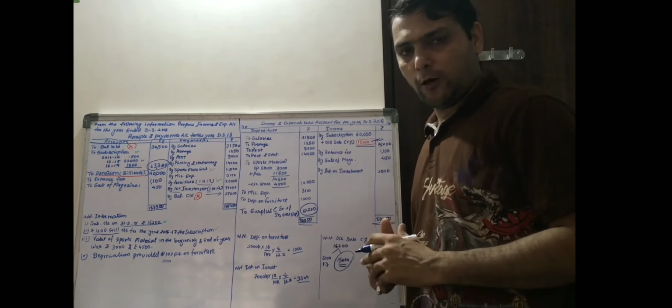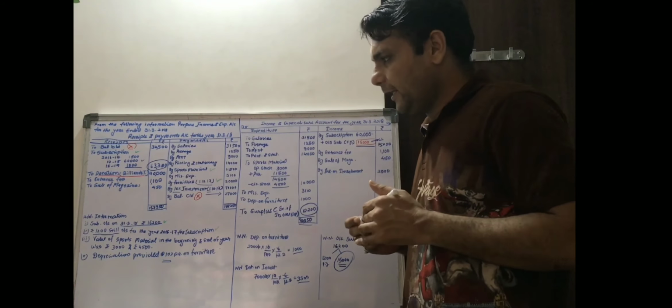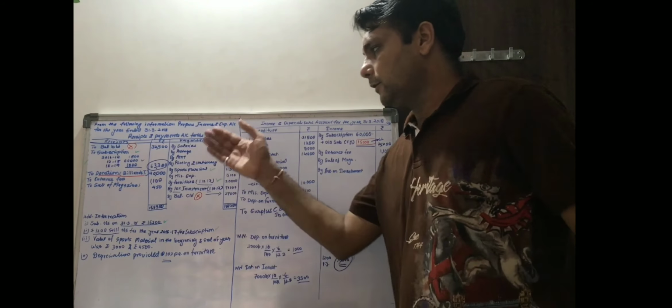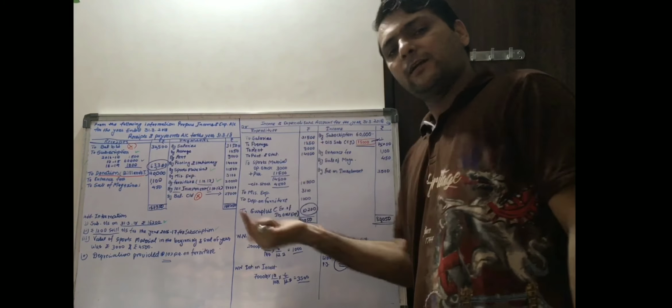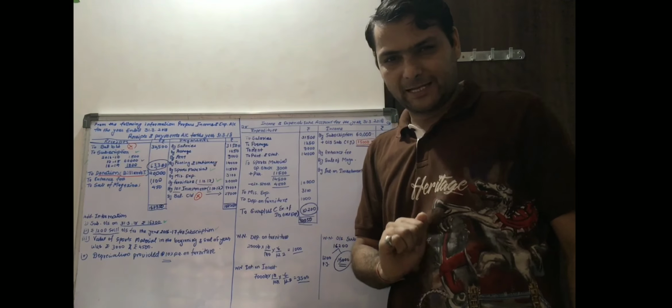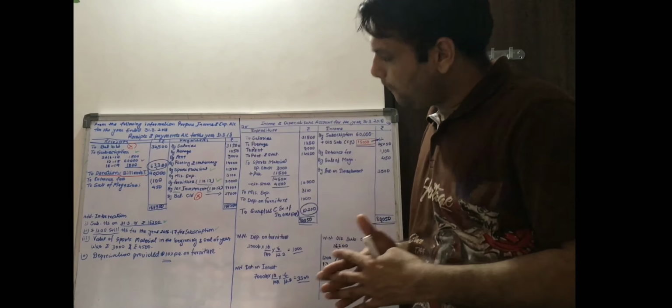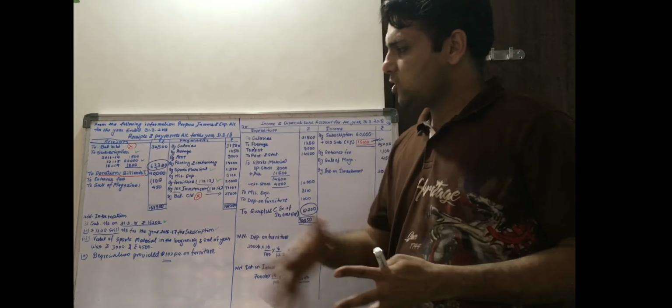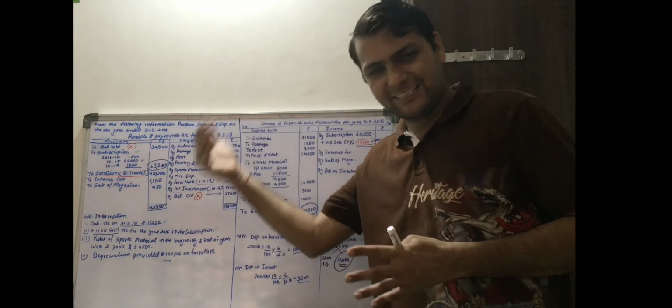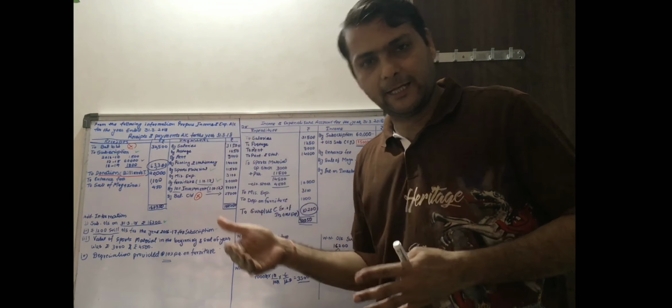So now it's very simple. Only with this additionally you have to know what things to record. The balance which is not recorded here, where do we transfer it? Balance sheet, exactly. Which balance sheet? Closing balance sheet. Okay. So that is a simple question of preparing an income and expenditure account, where the information is given as a receipt and payment account.